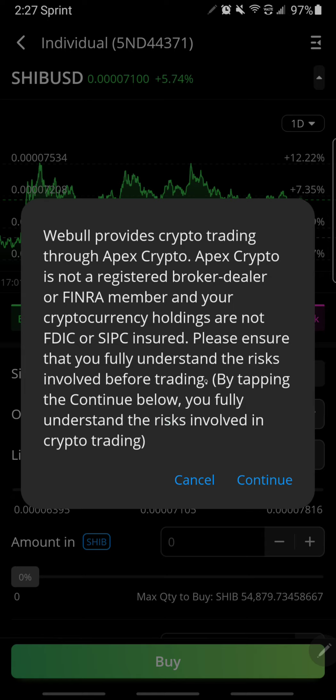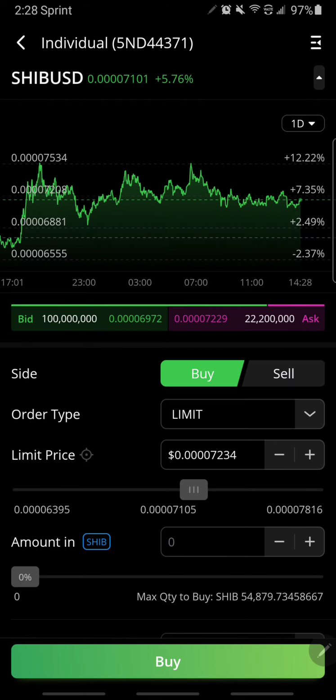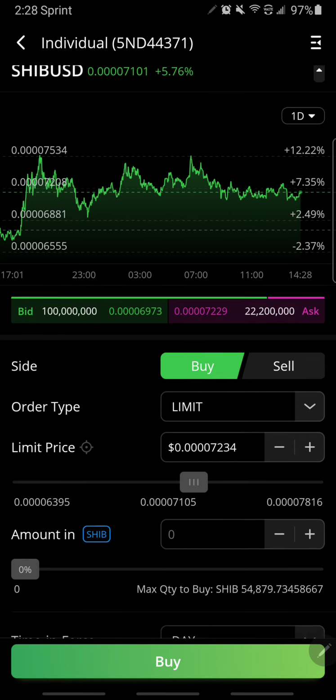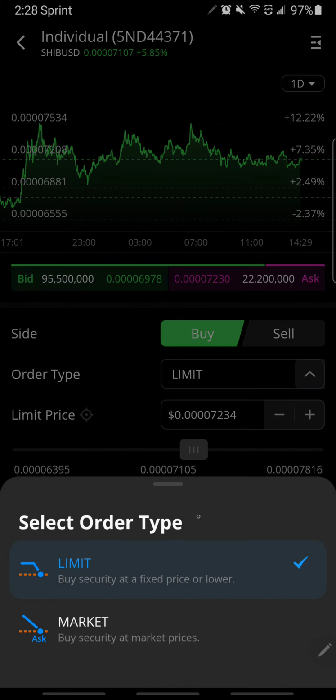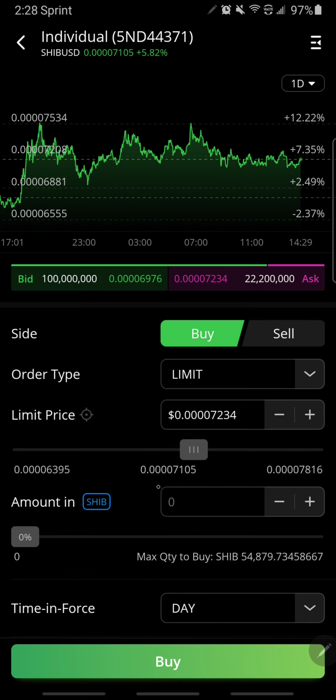So, folks, you're investing money here through Webull and Apex Crypto. That money is not secure. But in any case, this is how you will go about doing it. So continue. So in this case here, I want to buy. So my buying on here, it's either limit or market. As of now, I have it as limit. So the price that I want on here,